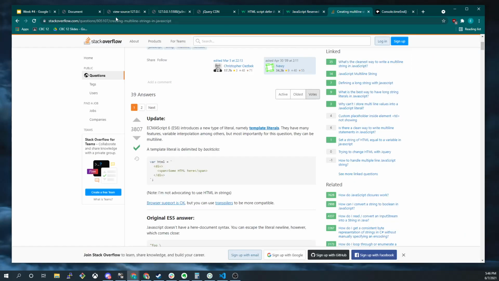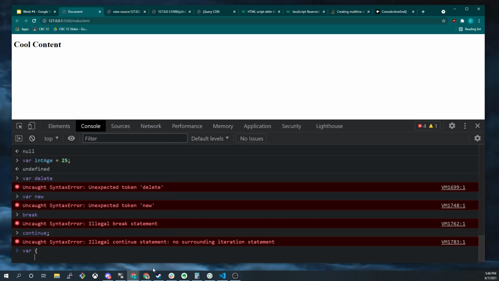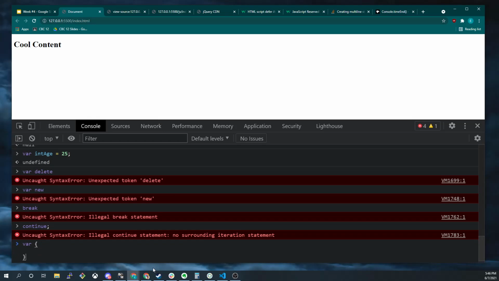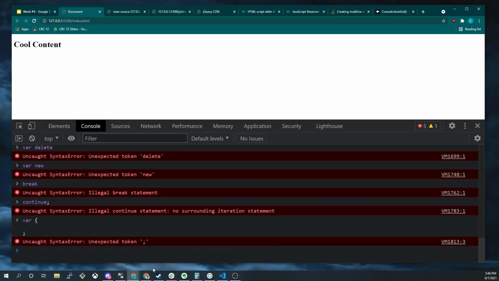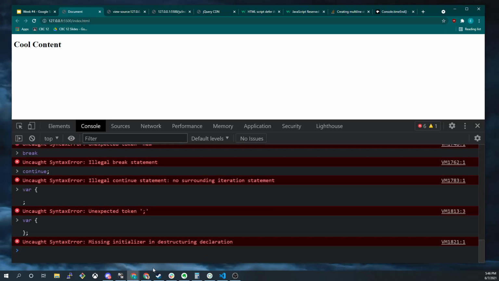It would be the same as if we wanted to come in here and say, I can't name something curly brace. Oh, see, it's throwing a slightly different warning here because as soon as I put this curly brace in here, it's expecting me to finish putting an object in, right? So it's saying missing initializer in destructuring declaration. I don't know why you'd ever want to do that, but all those language features, var